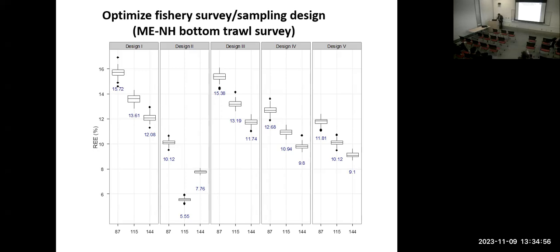error term here. That's my question as to whether travel time between stations was included. Do you have to pay to travel between locations, or do you just assume that all 115 locations are equally easy to get to, no matter where they're placed? Yeah, so no matter what design you have, the order of surveys in terms of how the stations are covered is always the same, making them comparable.